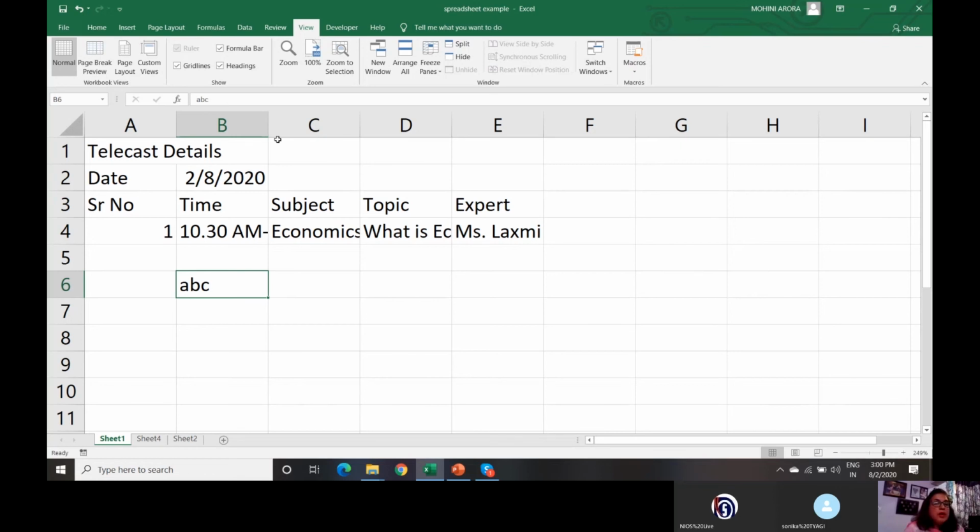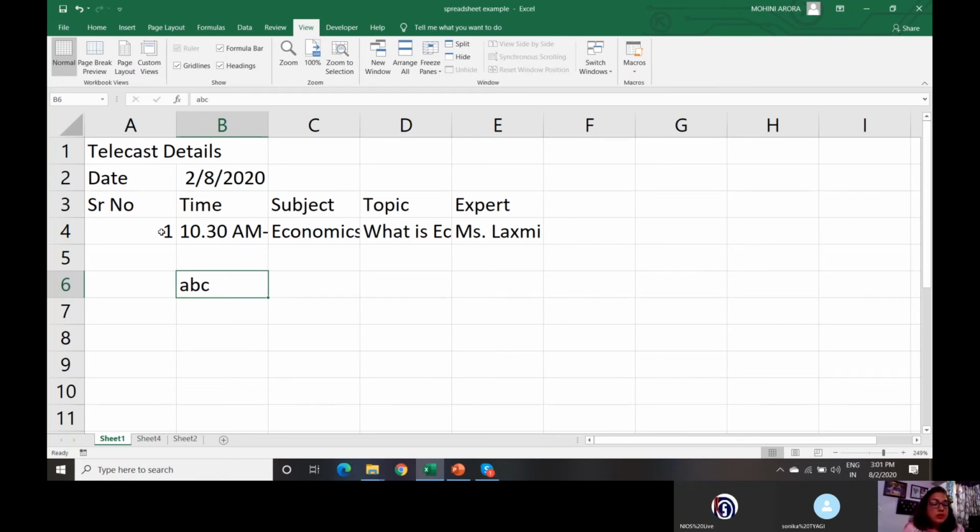But what I want to tell you as of now is that data is of various types. Data can be numerical data like serial number, roll number, marks, quantity, price. Then data can be textual data, for example, your name, the name of the expert, the topic.